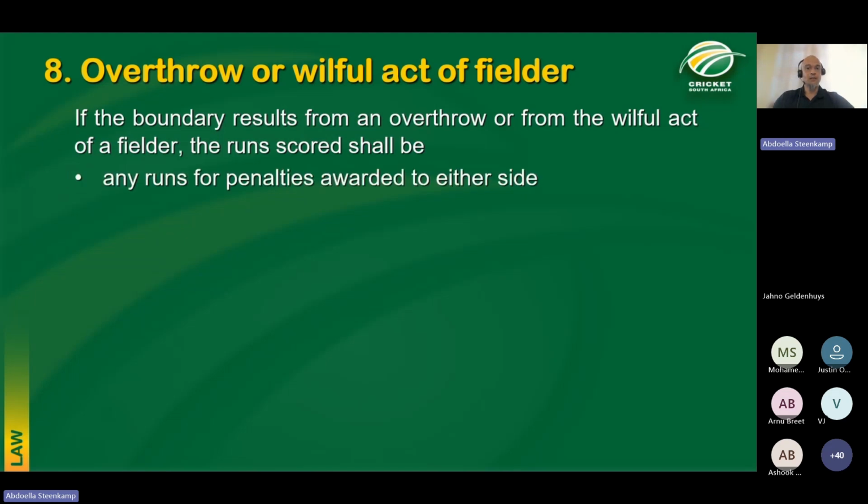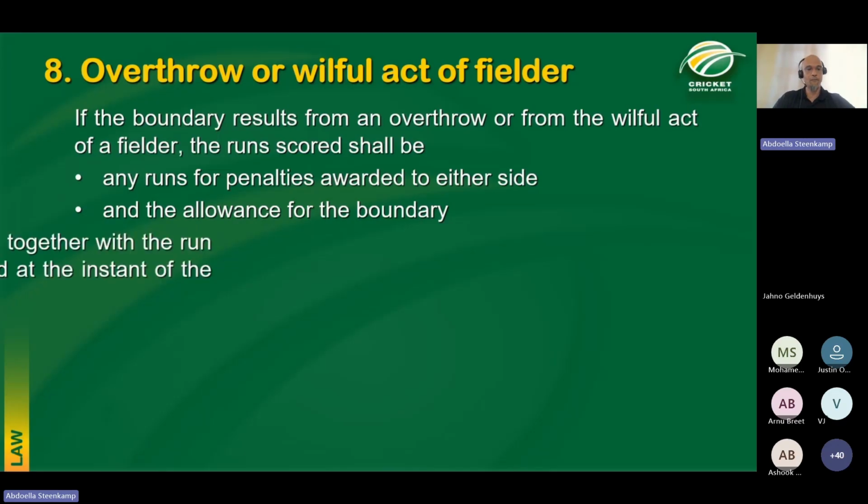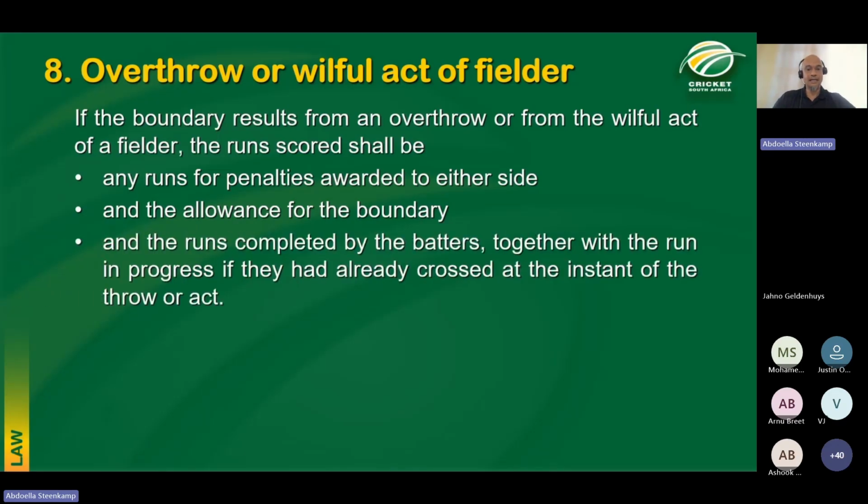So firstly, if because of the overthrow or the willful act the ball goes over the boundary, how will runs be scored? If there was a no ball or a wide, those penalties will stand. Secondly, you will allow the allowance for the boundary. Typically, an overthrow goes past the stumps, the backup fielder misses it, and it goes over the boundary. That allowance for the boundary, four, will be added to the score. And then lastly, runs completed by the batters also count,